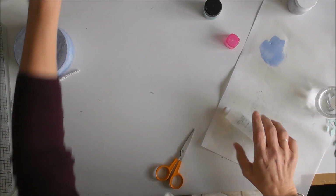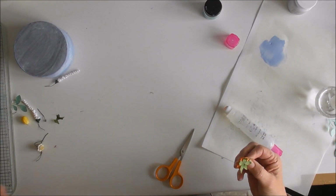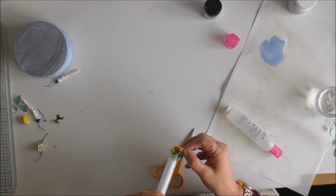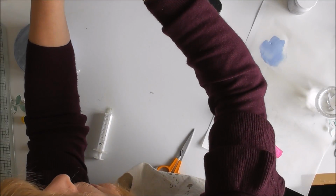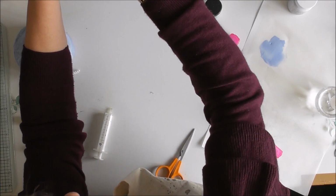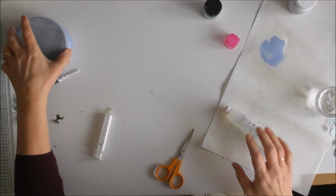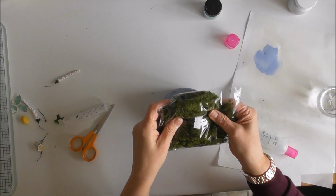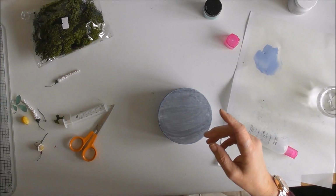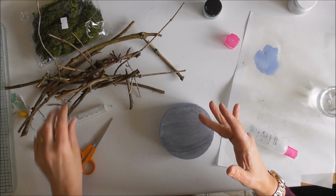Next job I want to do is put more silicone on here so it'll stick. There we go. Right, okay, so I've brought this in and I've got some moss, but first I want to build round my bird's nest. I know I've got a load,